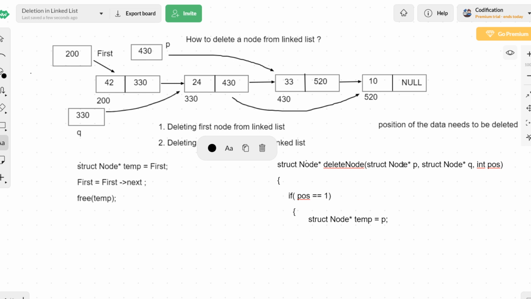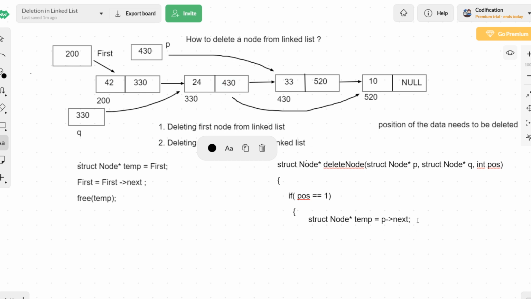But before that, you just see, the address of the second node is very important. The first node we are going to delete, so its address is not as necessary, but the address of the second node is very important because it is going to become the first node hereafter. So instead of taking P, taking P of next will be the better option. So taking P of next, the address of the second node, and storing it in temp.